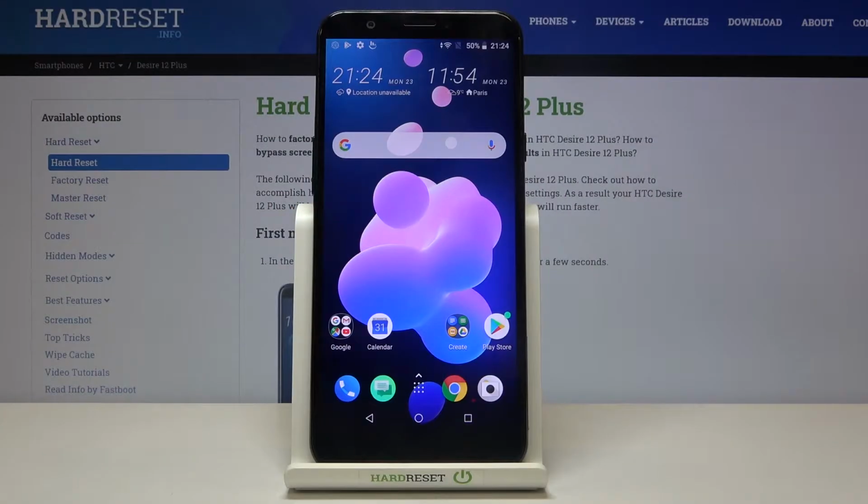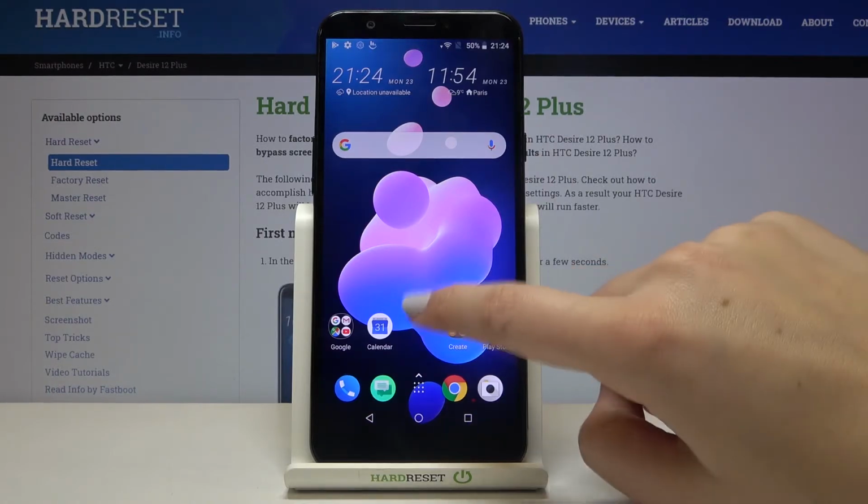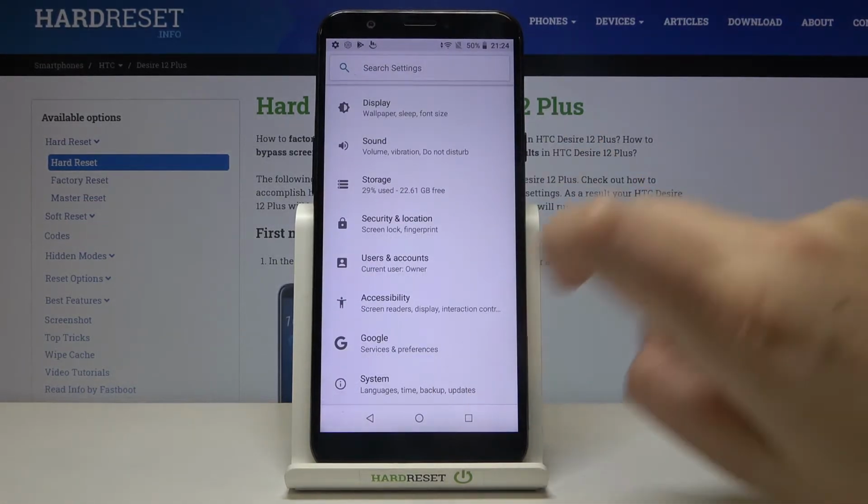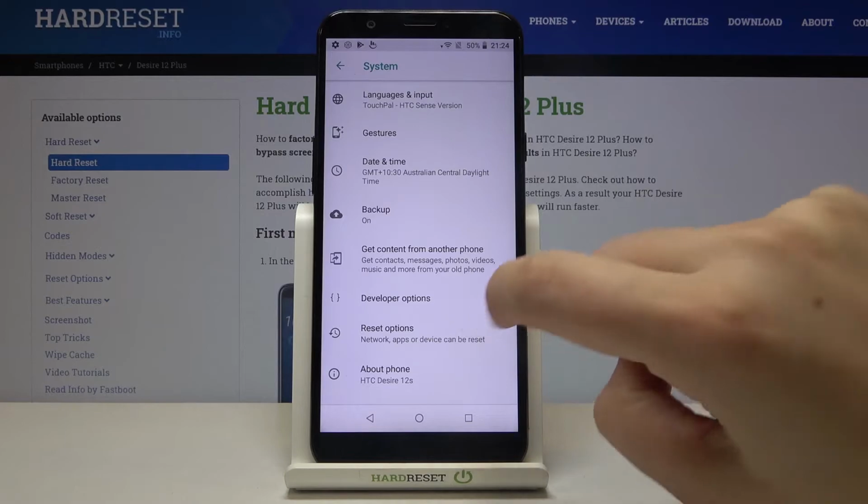Hi everyone, here we've got HTC Desire 12 Plus and let me show you how to reset app preferences on this device. So first of all, let's open the list of apps and enter the settings. Now let's scroll down to the very bottom and tap on the system, and here we've got reset options, so